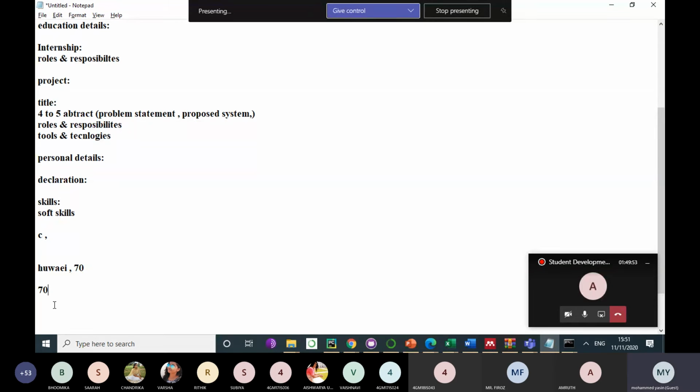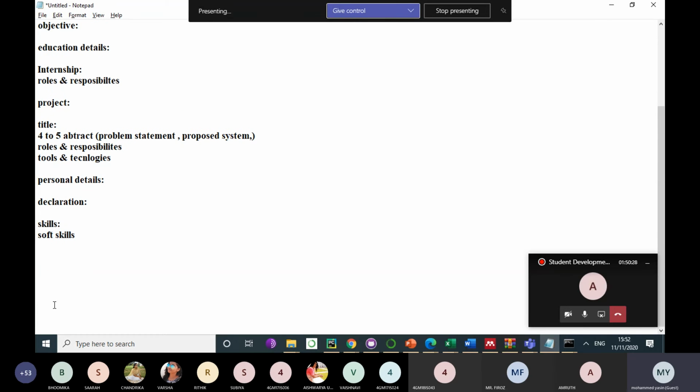In that 9,000 crowd, I guess I was the only one with 60 aggregate working among all the 70 aggregate people. That is the day I realized it is skills that we need, not percentage or these things. If you sit and learn skills, it is very easy. And I tell you, programming is dead easy. Anybody can learn it and have a huge, good future in this. If people don't have aggregate, they can get to know that if you just grow your skills, that would be more than enough to get into a company.